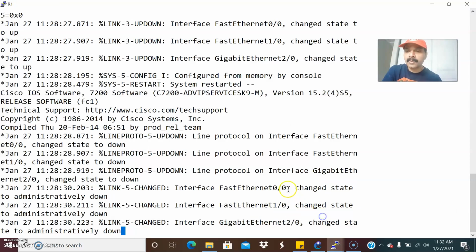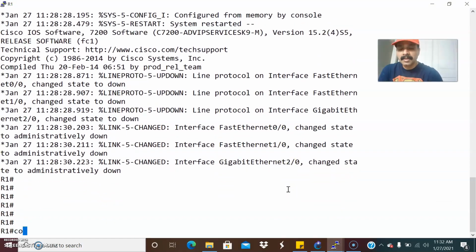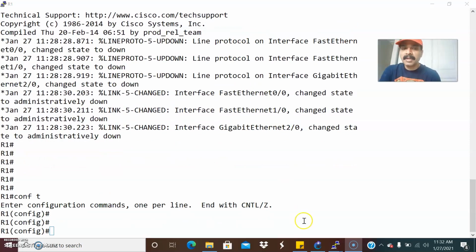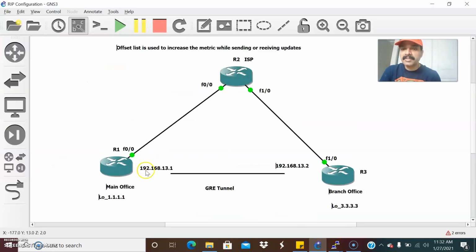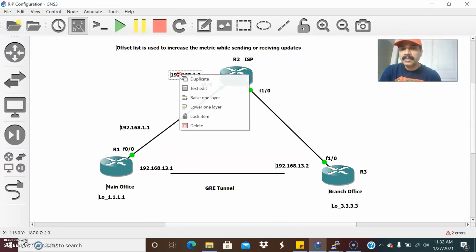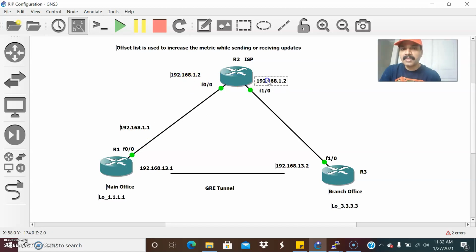So let us go to R1. Go to the configuration mode and let us quickly configure the interfaces. This interface I'm going to configure as 192.168.1.1 and this as 1.2, and similarly this as 2.1 and 2.2.